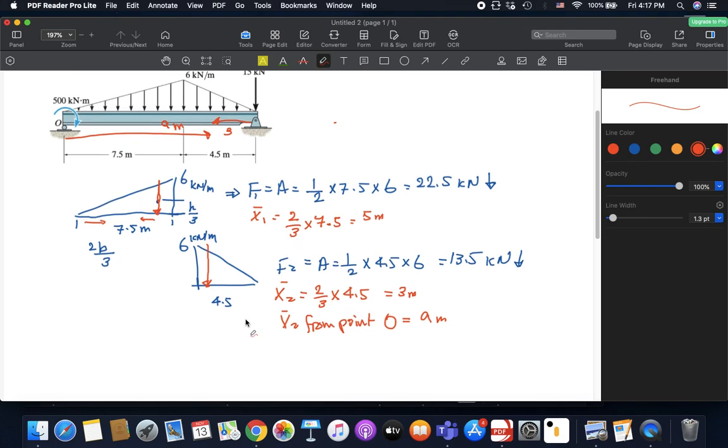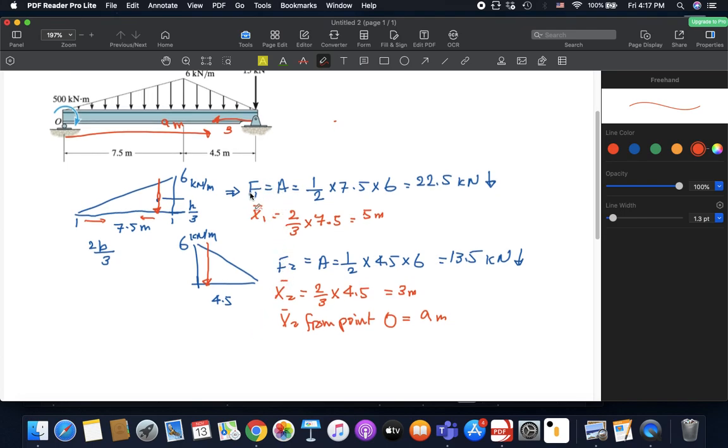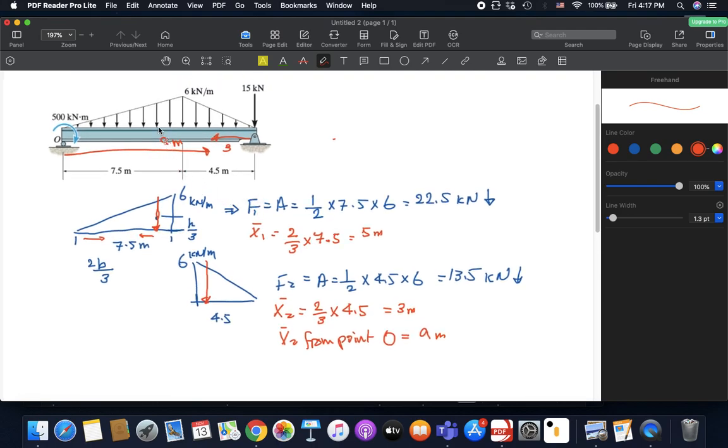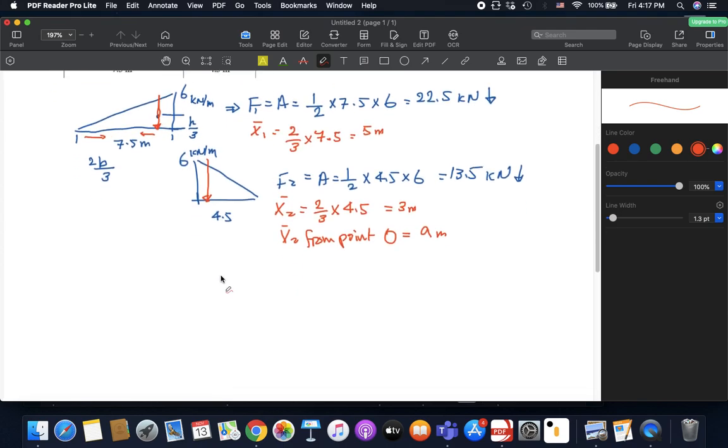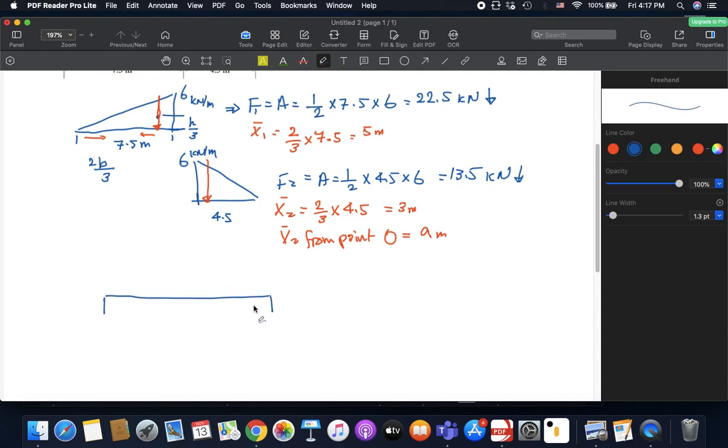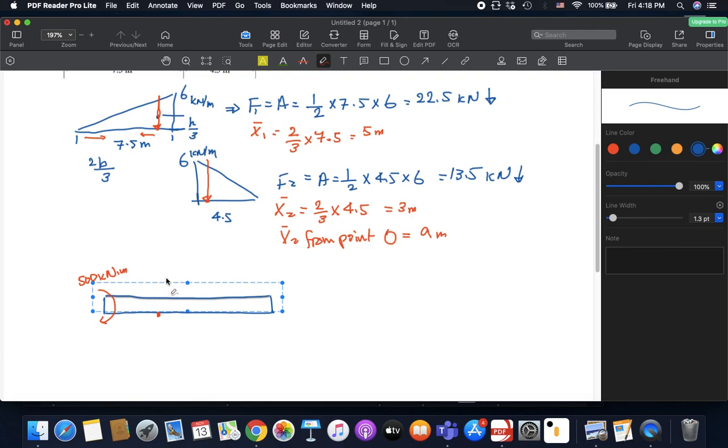Okay. So we found both the forces, which are the concentrated forces for these two triangles, and their distance from point O. So we could actually draw it now like this. Now we have a moment here with a value of 500 kilonewton meters, and then at a distance of 5 meters we have our first concentrated force here,